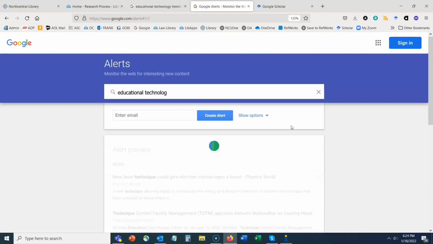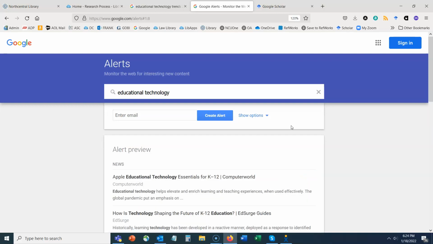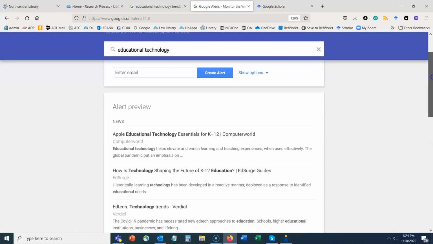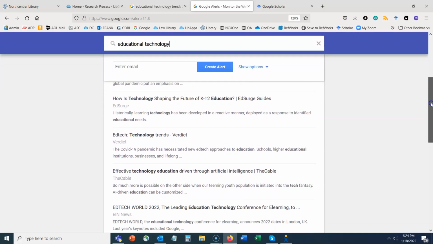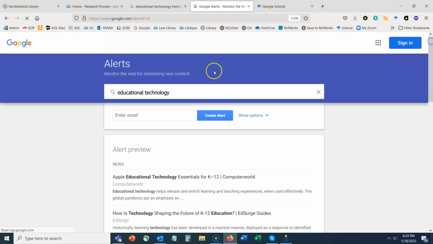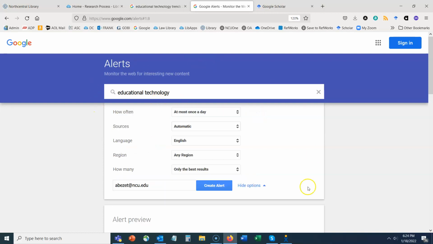As I'm typing, you'll see that some results are showing on the bottom of the screen. This is your alert preview. So if things look right and you're getting some hits that look like they might be of interest to you, then go ahead and create your alert. So all you'll do is add your email address here. You can show options here to choose how often you would like to receive those emails. So I'm going to say I would like it just once a week, but you can choose